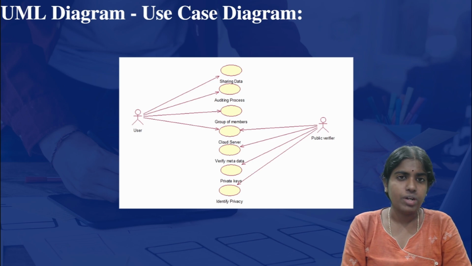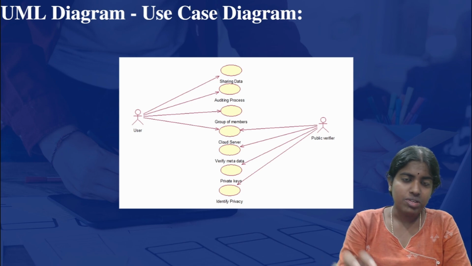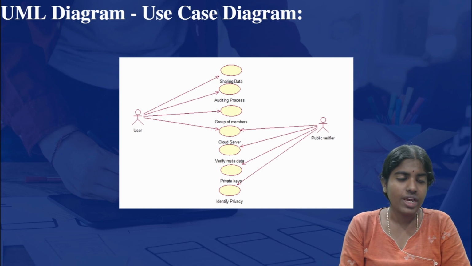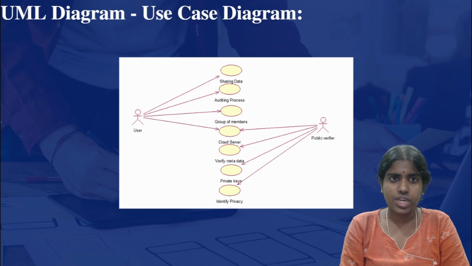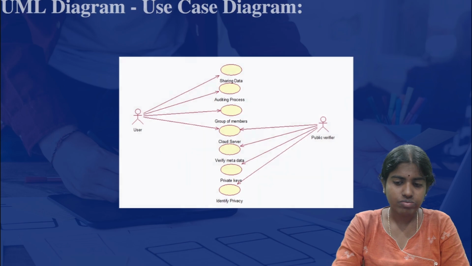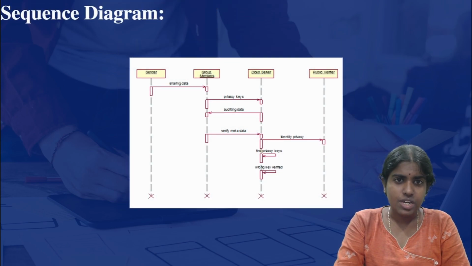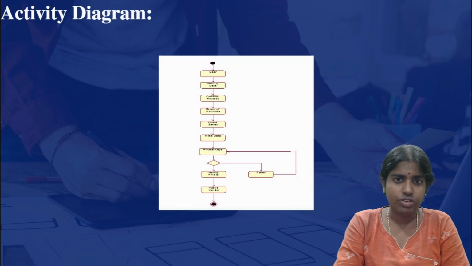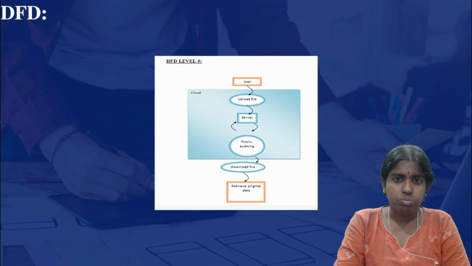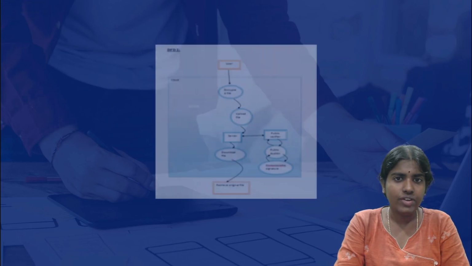Clear with this, what I am trying to do in this project? I am just discussing with you about the use case diagram. What are the different people and what are the different use cases? So this is a class diagram and a sequence diagram. When you consider the different blocks, there is the activity diagram. All these are the different blocks that are present in the activity diagram.